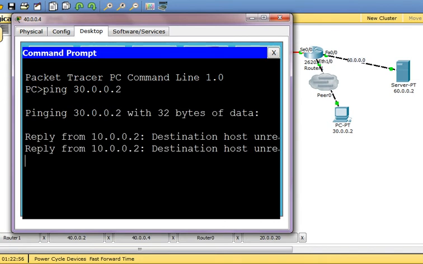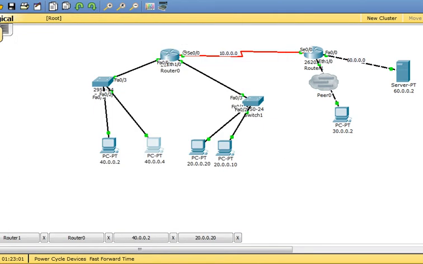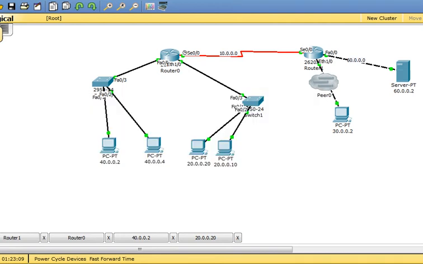Yes, destination unreachable. So I cannot use the internet. This 40 network cannot use the internet and the 20 network can use the internet. This is how it works in a company. We permit some networks, we don't permit some networks.